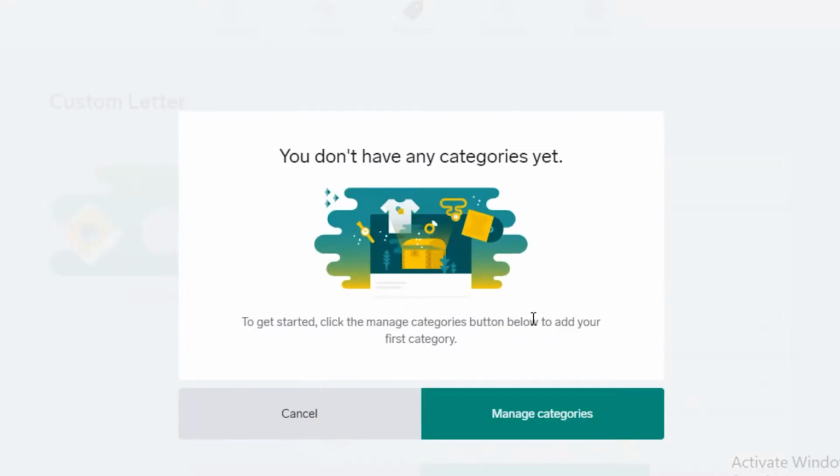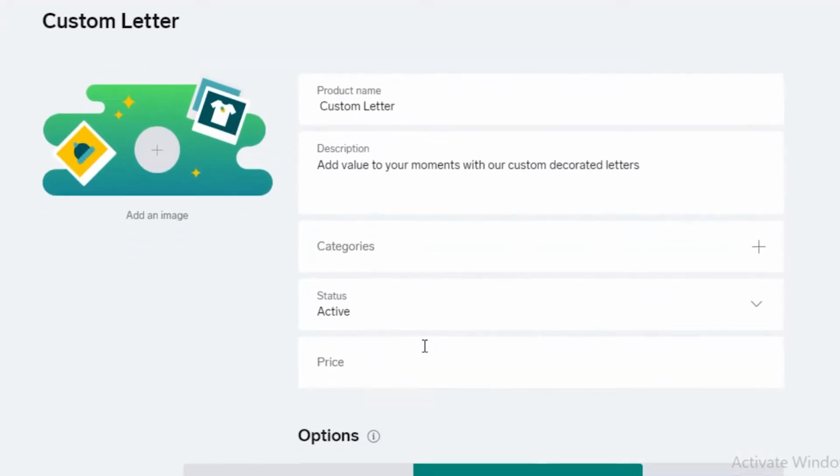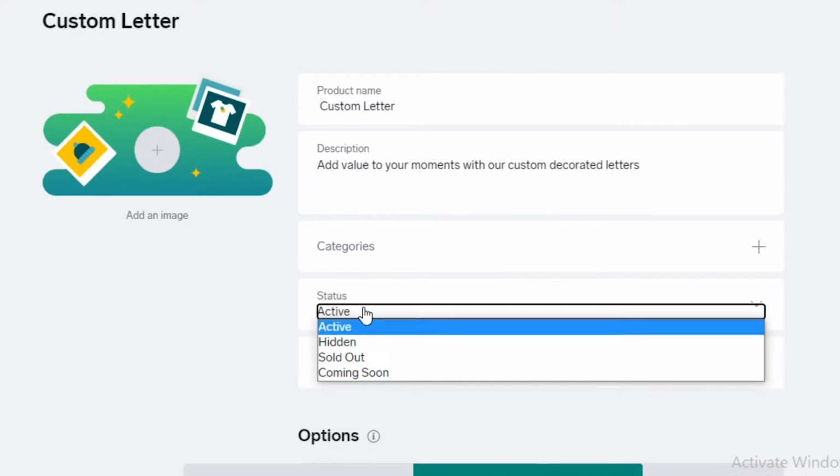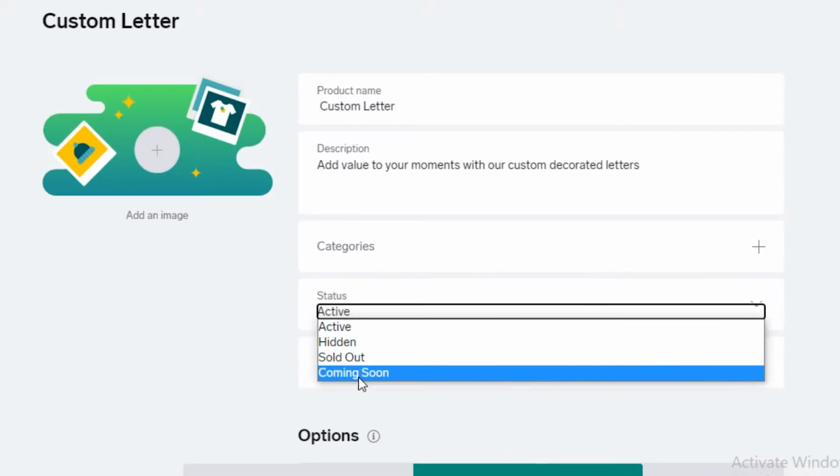And then you're going to add a category, so you can first create a bunch of categories. So if you're selling clothing, you can make your categories like tops, bottoms, jackets, intimates, and so on and so forth. I'm just not going to create a category right now,